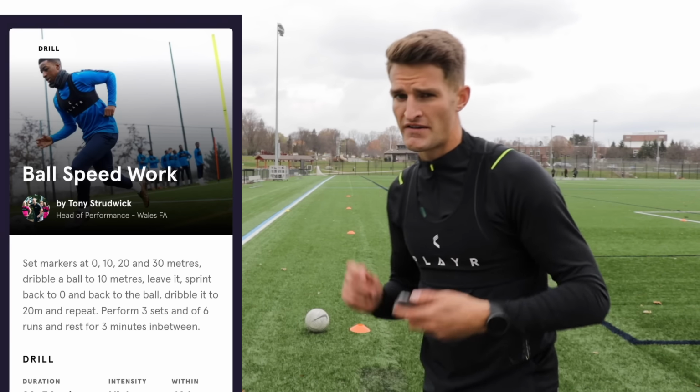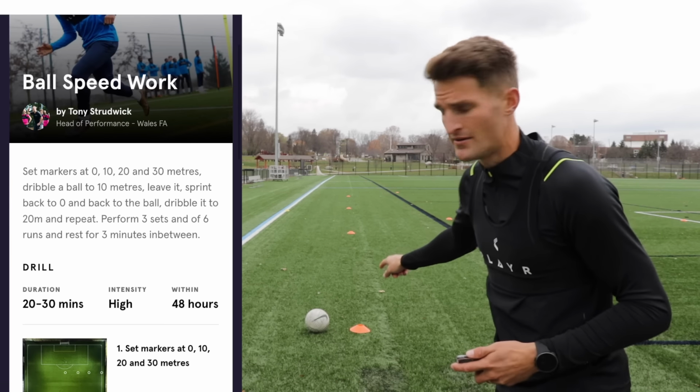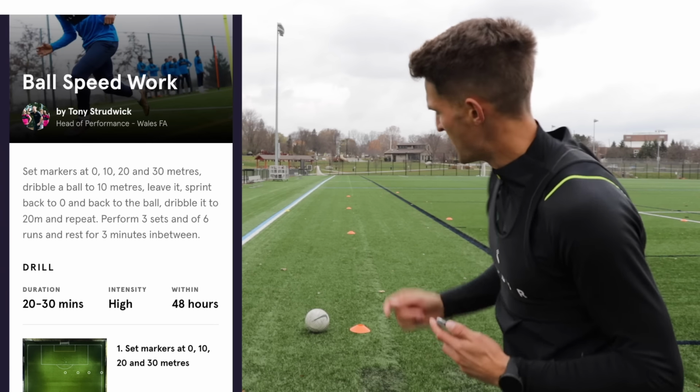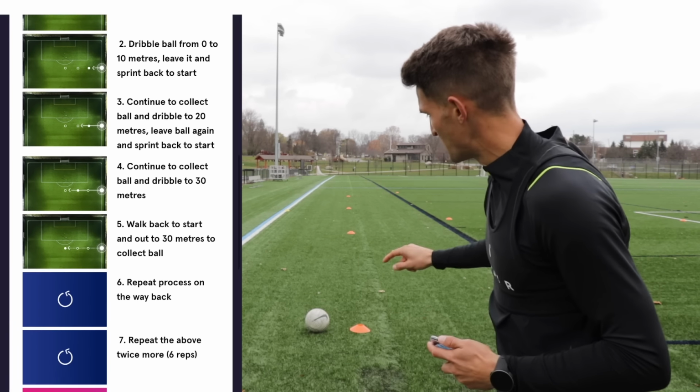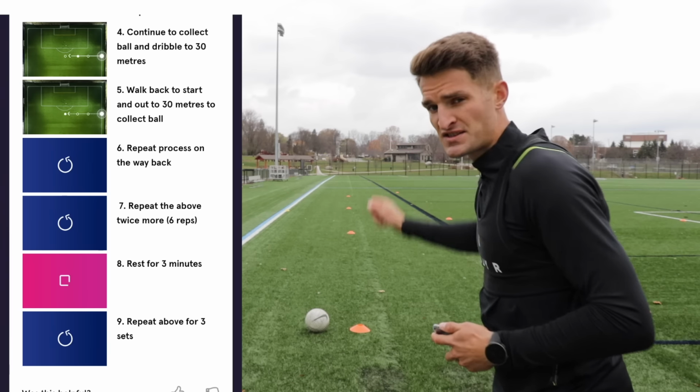It's a very simple one, very similar to a shuttle. We've got 4 cones. This is the starting cone here. 10 meters, 20 meters, and 30 meters. So the pattern's like this. You dribble out with the ball to the first cone, stop it, sprint back out, take the ball to the second cone, leave it there, sprint back,